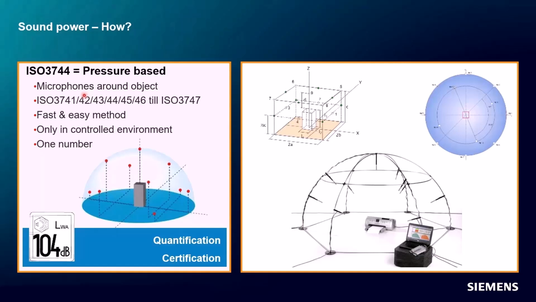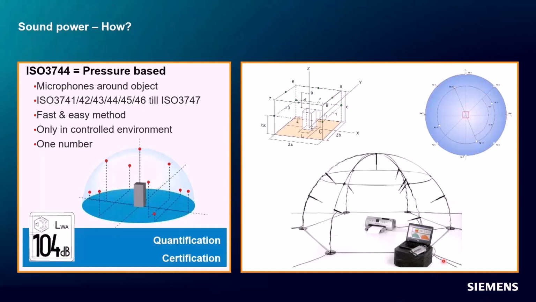So ISO 3744. This is the standard that is commonly used across many industries to compute sound power based on sound pressure measurement. And the concept is that if you have a sound source, you build an imaginary surface around that sound source. For example, in this case, there is a printer and we are building a hemispherical array around the printer with a lot of these sticking things, which are the microphones. They are pointed at a certain angle and pointing towards the center of the hemisphere. If we know the precise locations of these microphones, and the ISO standard tells us where to place them, we can take the area of that hemisphere into account and compute the sound power from that.